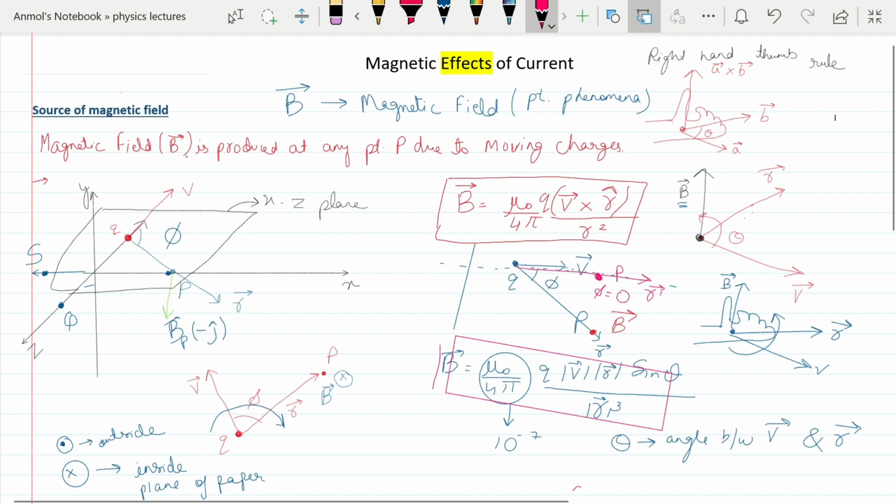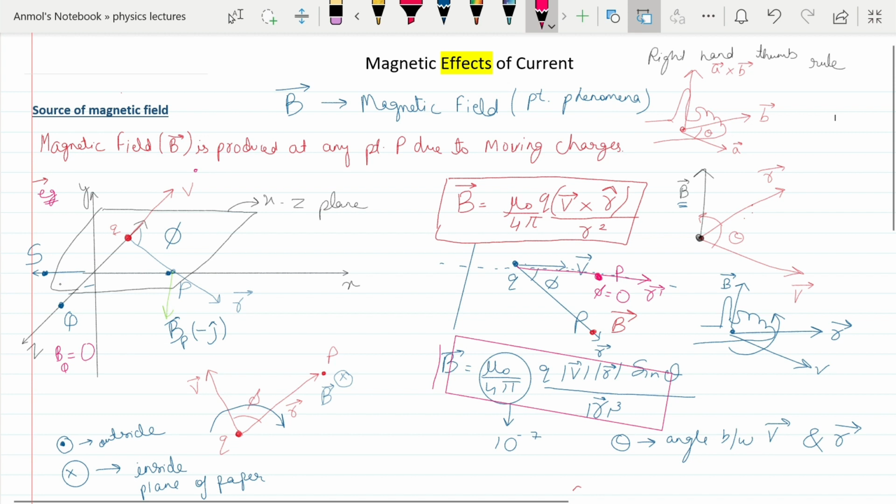Now coming to my original question, this is the example which I am discussing with you. Along this line is the line along which your charged particle is moving. So any point, let it be on this side or on this side, along this axis along which the charged particle is moving, at any point the magnetic field will be zero. So here I say simply that the magnetic field at point Q will be equal to 0.